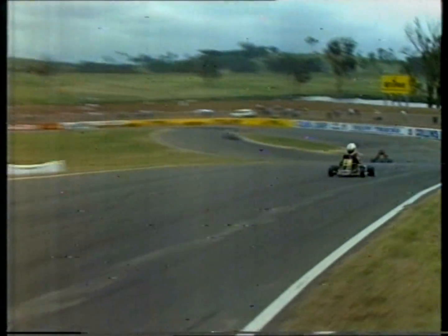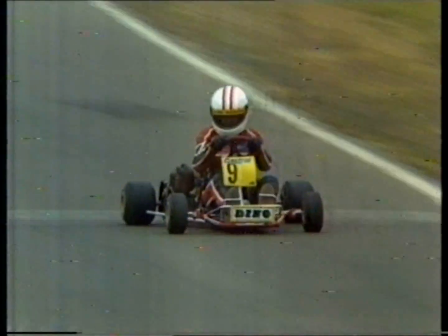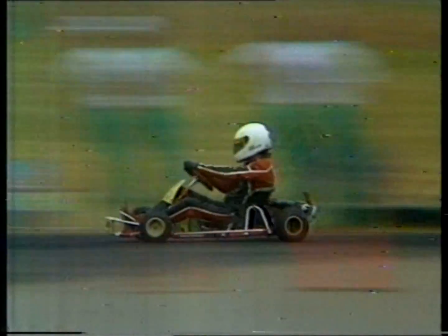And should you think that Dino should be an Italian kart, in fact it's made in Denmark by Finn Jorgensen, who is here today to watch the performance of his works karts, as indeed are a lot of the team managers and owners. Well, first and second at the moment are DAP karts from Italy. Second, third and fourth are Dino karts. And DAP stands for